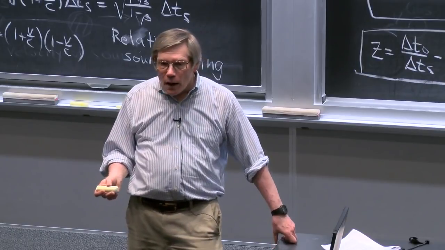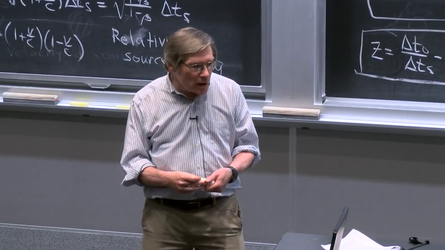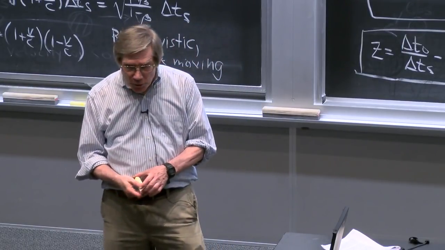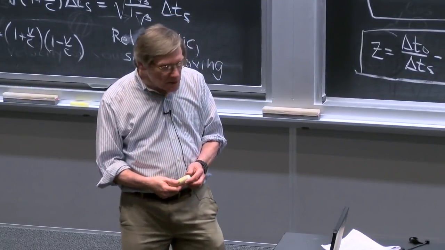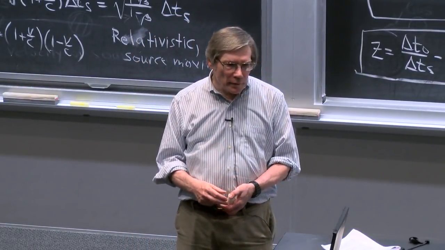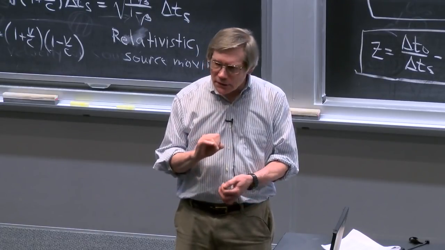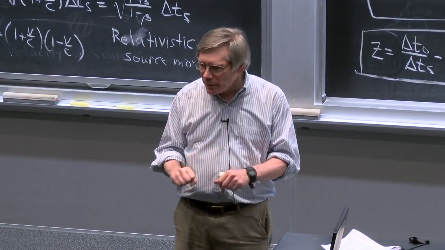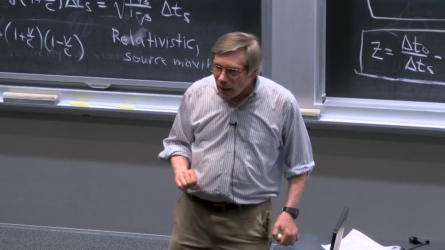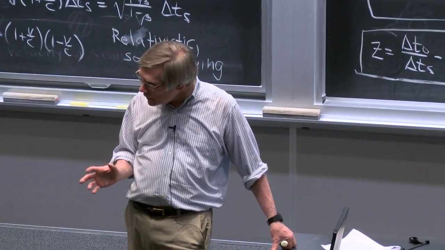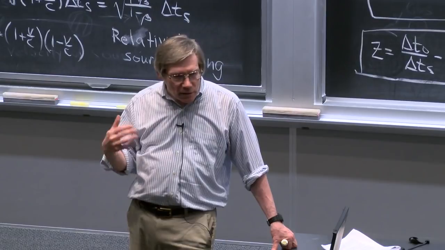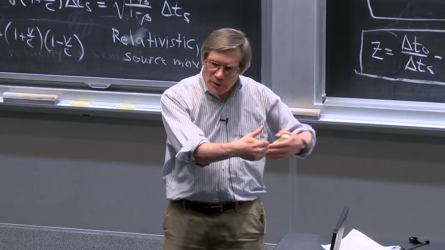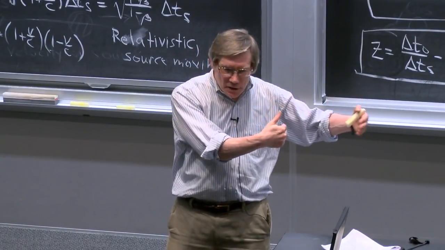So what's the bottom line? The bottom line is that when we want to talk about an accelerating clock, which we really do all the time, what we always do is simply assume that the clock is built well enough so that the acceleration does not affect its speed. And that really can be said very precisely. The assumption that we're going to be making is that these are ideal clocks, meaning that they're built well. And when we say the acceleration does not affect the speed of the clock, what we're saying is that the clock will run at precisely the same speed as another clock that's, say, moving instantaneously alongside it with the same velocity, but with no acceleration.